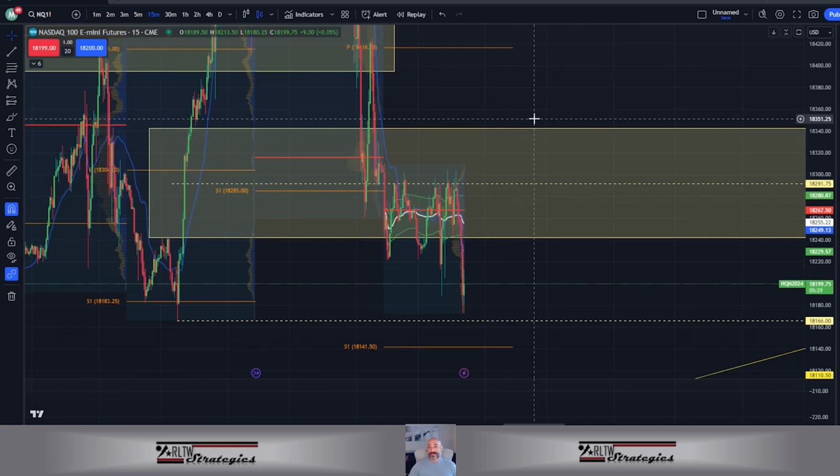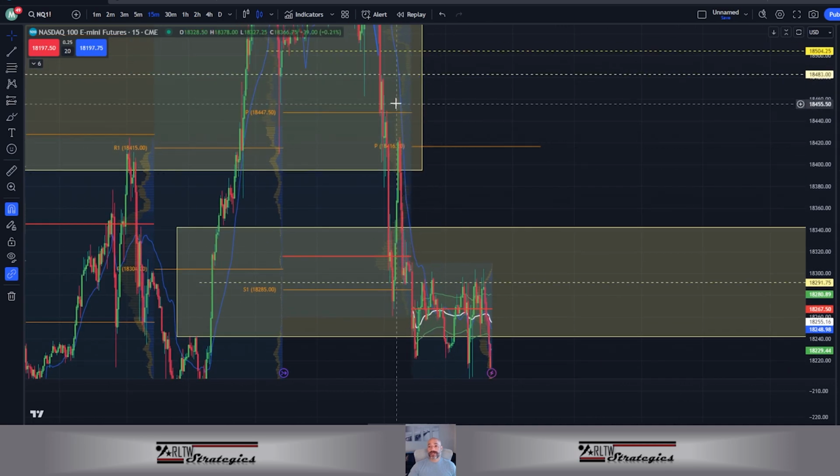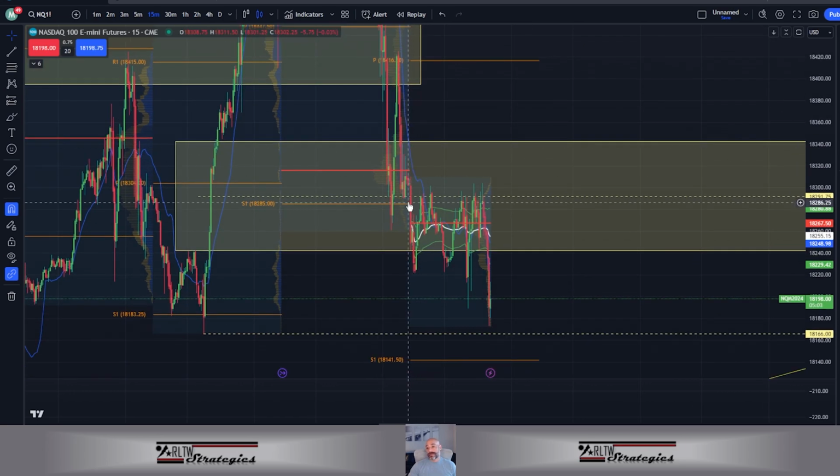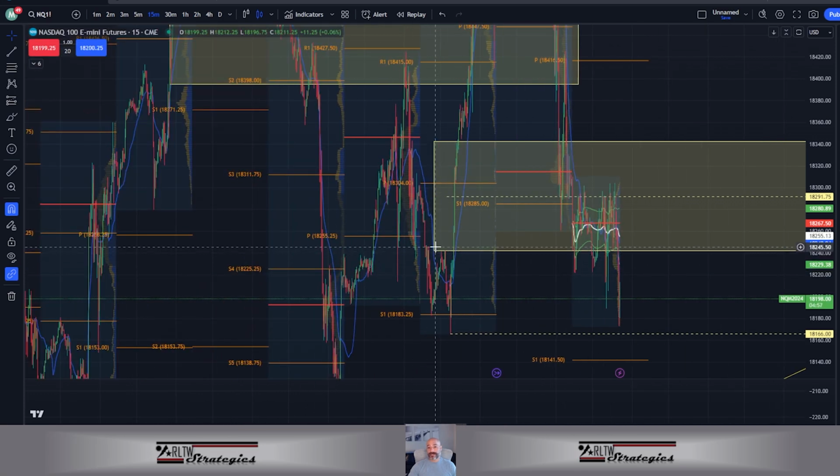I call it selling rips; Market Clubhouse calls them inefficiency zones, where price will most likely visit at some point in time. As you can see, on Friday, the price did come in and visited the inefficiency zone. It came around the 50% area, broke out of it, went into the other inefficiency zone, didn't quite make it to the 50% area, broke back down, and then we bounced on it. And then we broke through it to the bottom of this area, right? In the zone, if you extend it out,